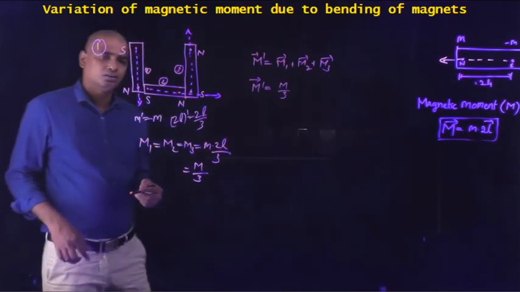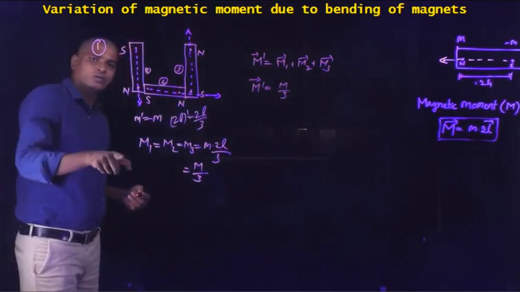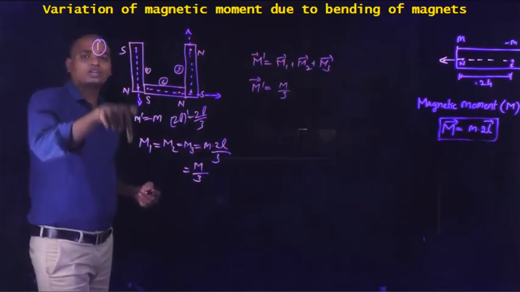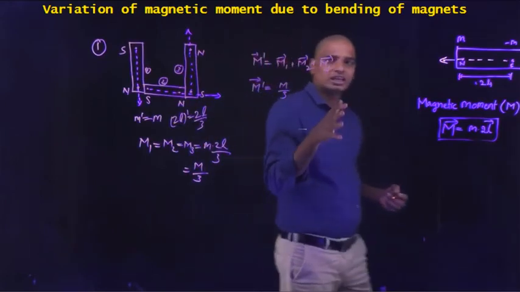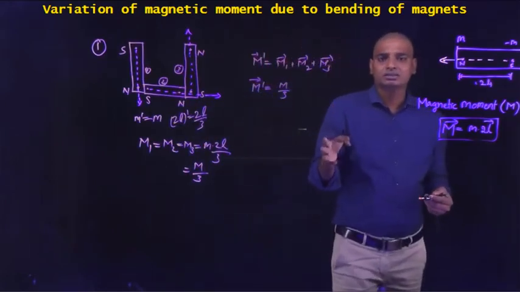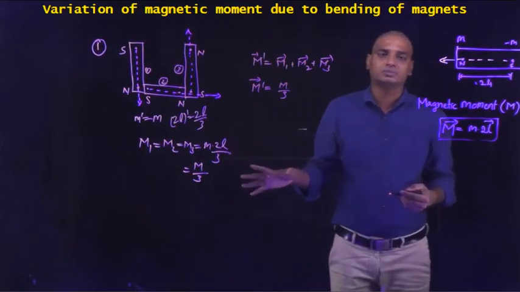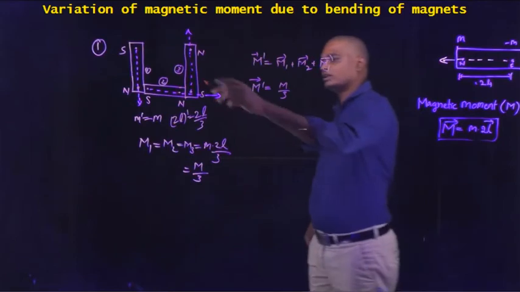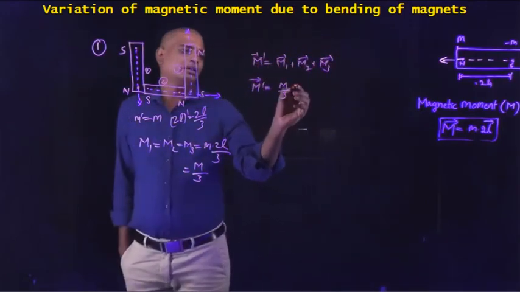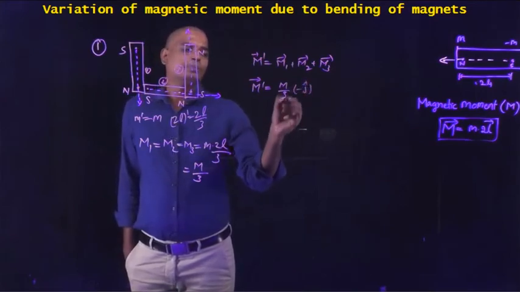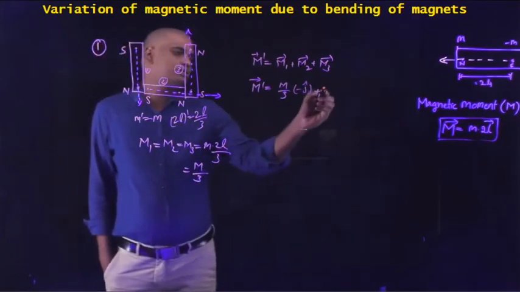The third segment has magnitude m by 3, and its direction, from south pole to north pole, shows vertically downwards in the negative y-axis direction. From the vectors we know that i, j, k are the unit vectors along the x, y, z axes respectively. As it shows vertically downwards, that is the negative y-axis, it can be denoted by minus j cap, plus m2, where the magnitude of m2 is m by 3.